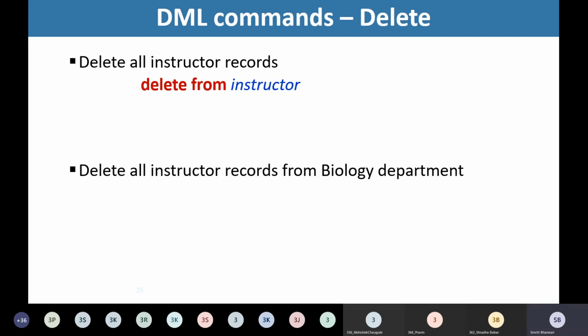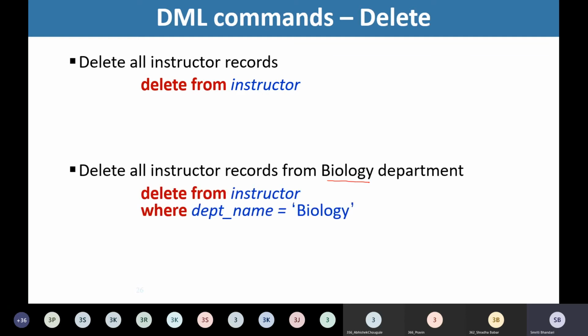Suppose I want to delete all instructor records from biology department. Then here I have the predicate, and that predicate is department name equal to biology. So I'll write the statement like delete from instructor where department name equal to biology.